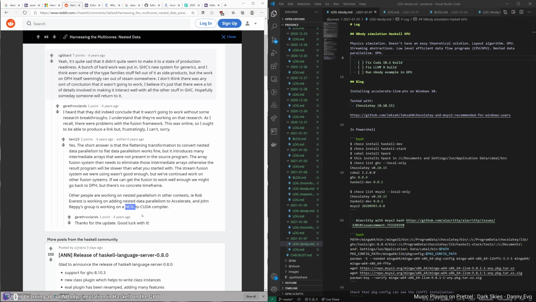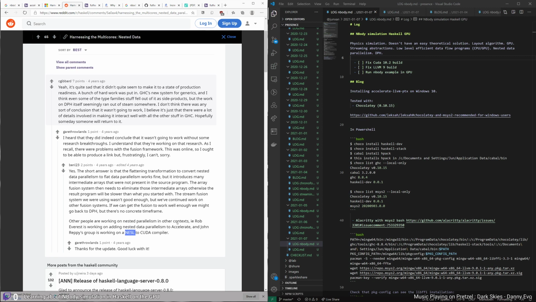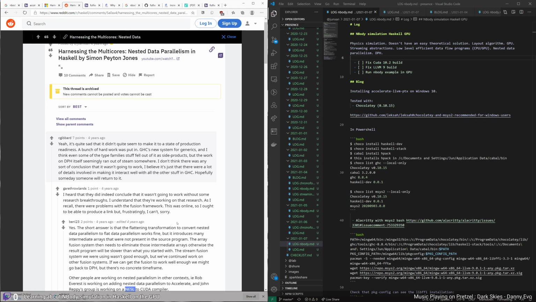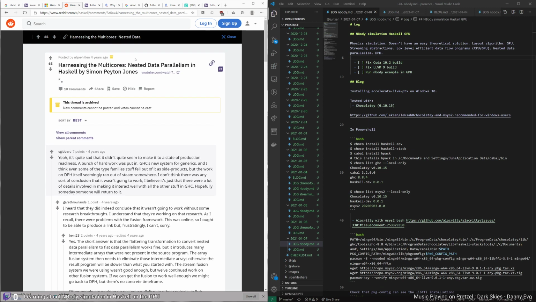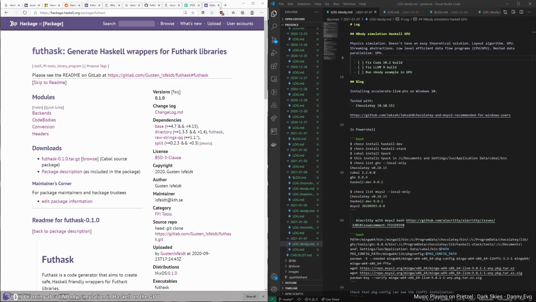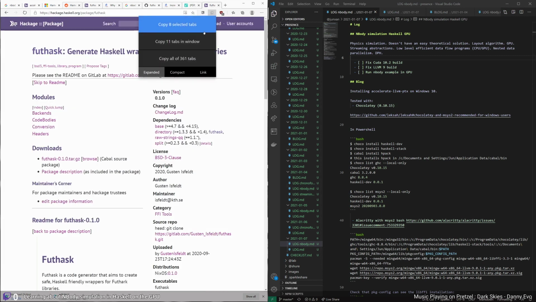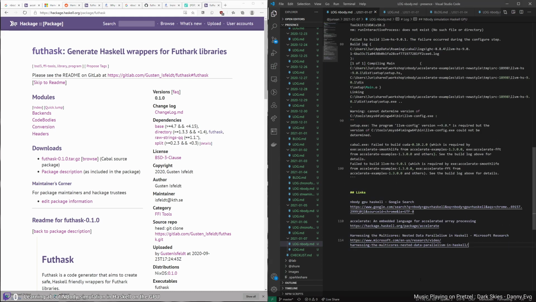And so it seems like there's a Nestle to CUDA compiler, which is another area of work, apparently, of ongoing work, at least as of 4 years ago. All right, so that's the kind of researchy, introductory bit. And let's dive into the